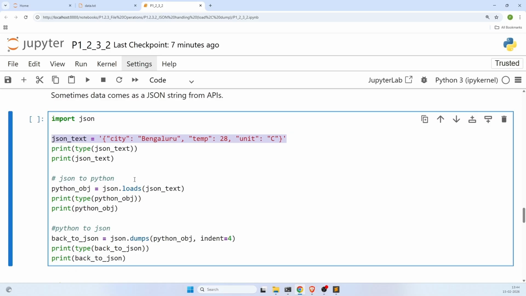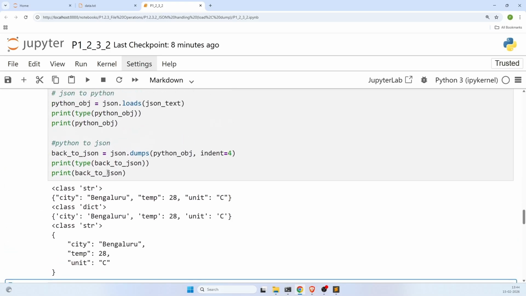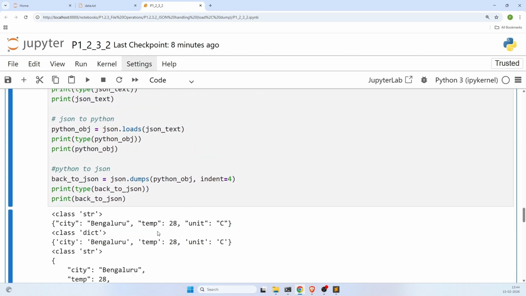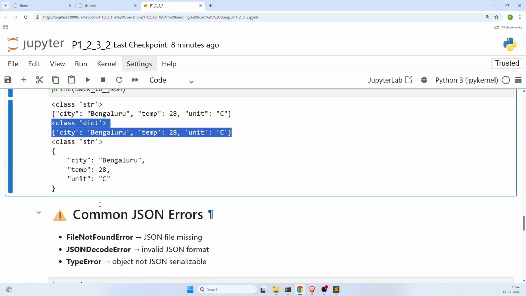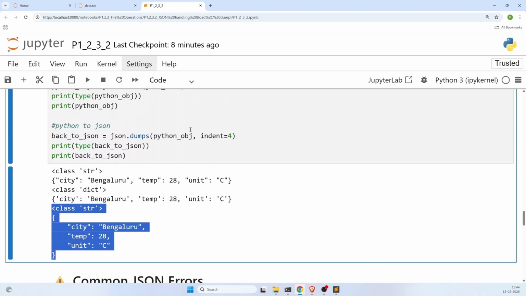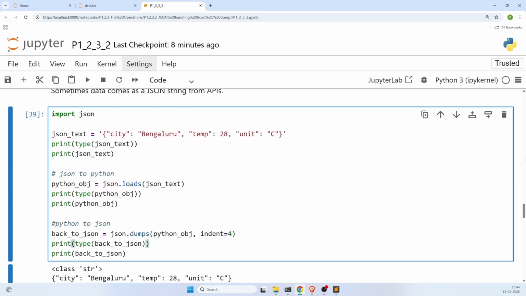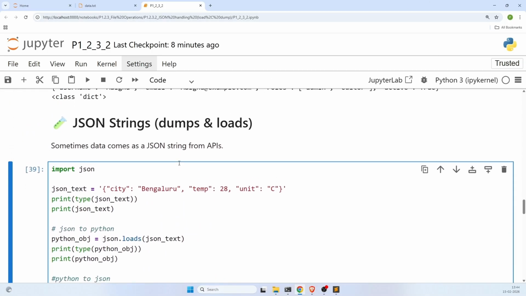My bad. You need to use a different method called json.loads here. It's as simple as that. So now let's start executing this. Yes. So this is my JSON string, and I'm converting that into a Python dictionary. And here also I'm converting that into a Python dictionary, but I'm just adding indentation here before converting. Okay. So hope you understood the difference between Python dictionary and JSON object, and how to convert JSON to Python